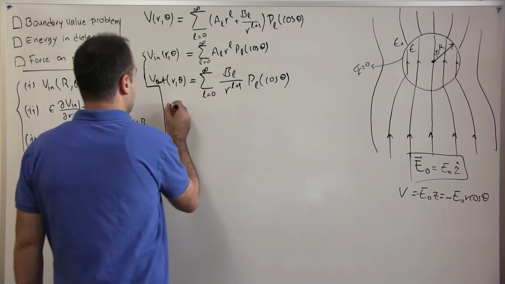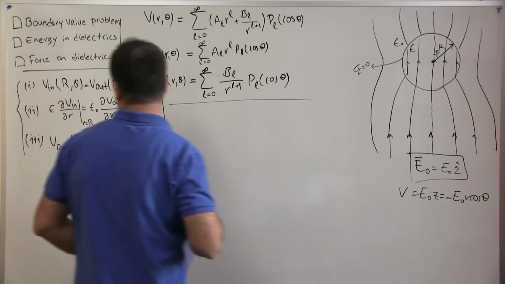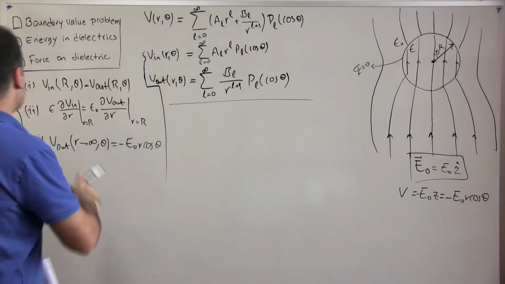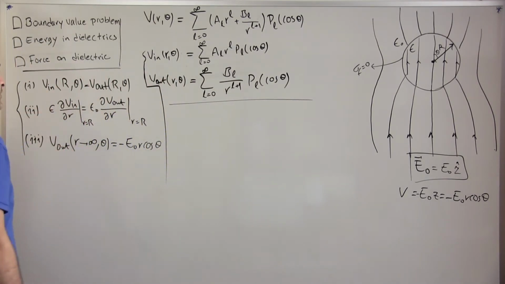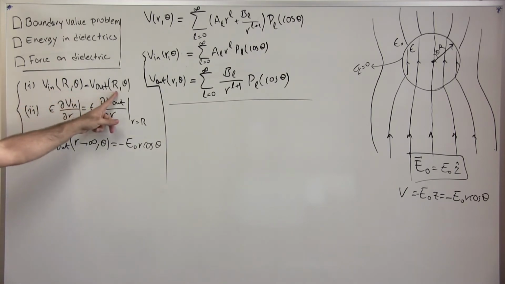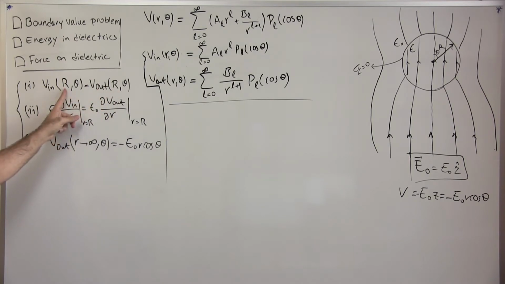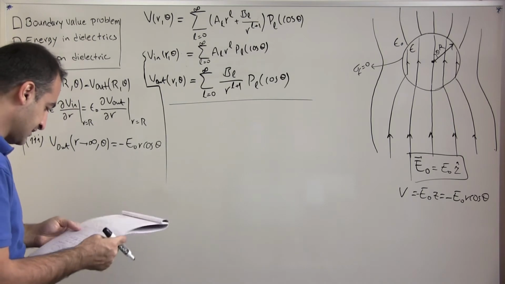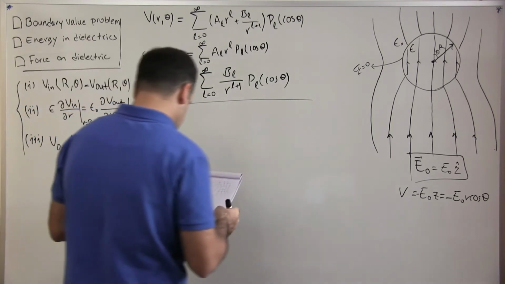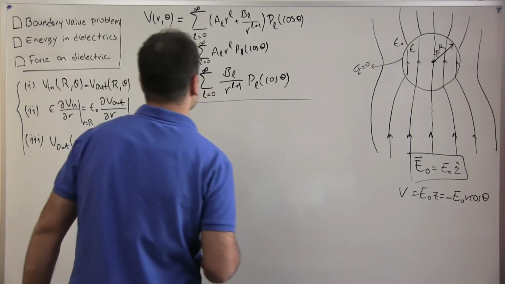Okay, now what I want to do is look at this boundary condition. Let's look at the number 1. This says that V in and V out should be exactly the same on the surface of the boundary, where R, radius, equals capital R, the radius of the sphere. Okay, so from that boundary condition, we can say